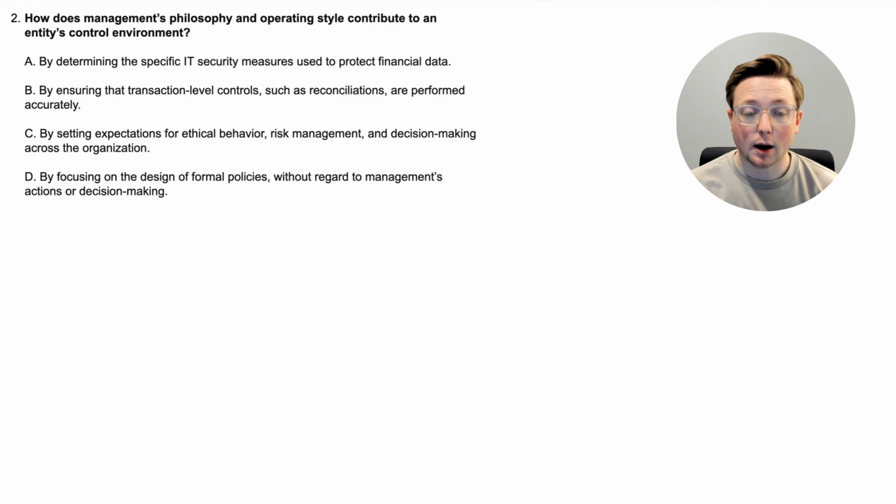go through the options. Option A, by determining the specific IT security measures used to protect financial data. Option B, by ensuring that transaction-level controls, such as reconciliations, are performed accurately. C, by setting expectations for ethical behavior, risk management, and decision-making across the organization. Or D, by focusing on the design of formal policies without regard to management's actions or decision making. Now, again, with all that, based off the first question, you might be able to kind of read through this and kind of pick your way through and find one or two that are more correct than others. So if you want, go ahead and pause the video, and when you're ready, come back, we'll look at the